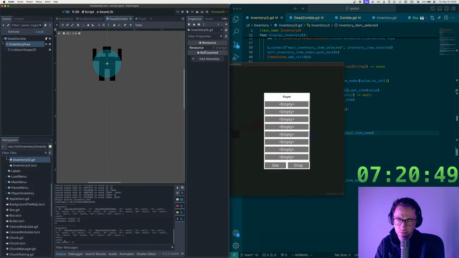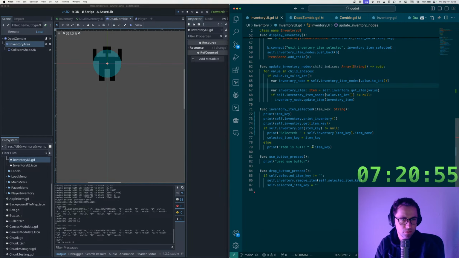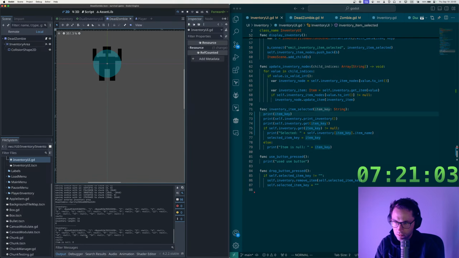Why is that null? Wait, null item is null. Okay, it prints, let's see. It prints the item key, which is 0. Then it prints the inventory. And then it prints